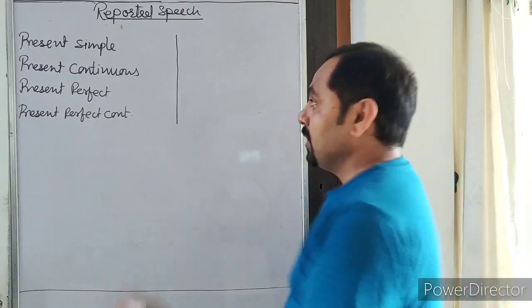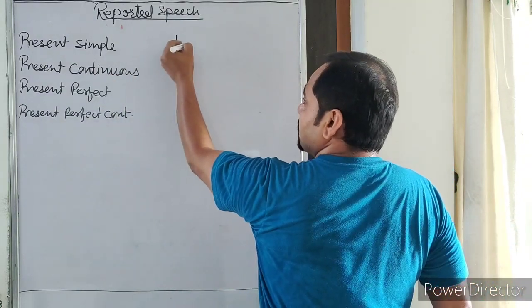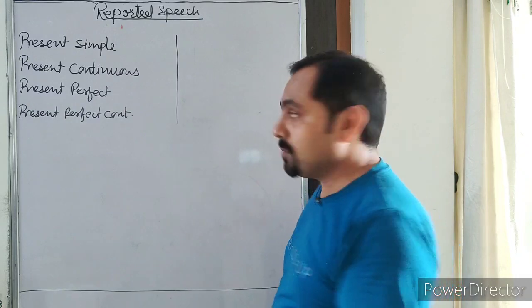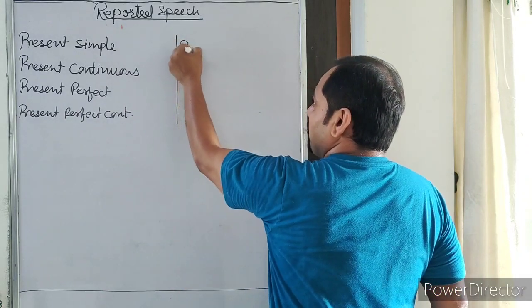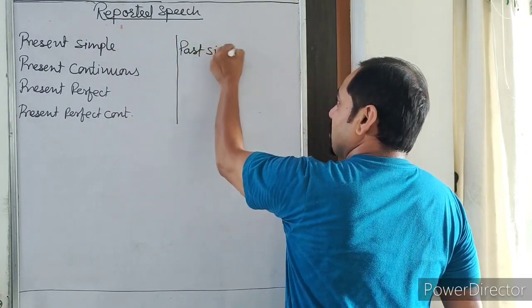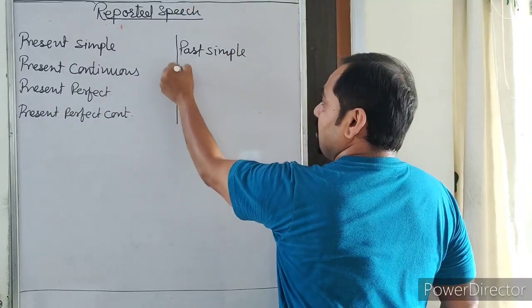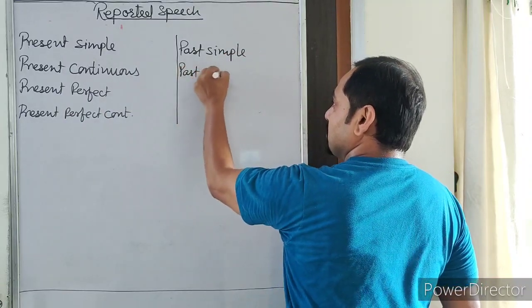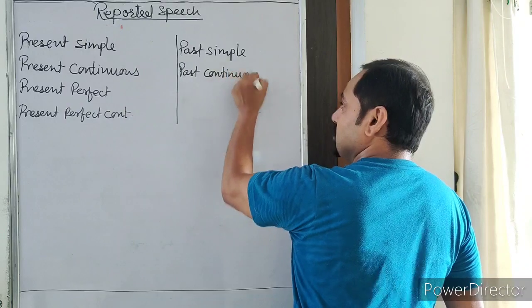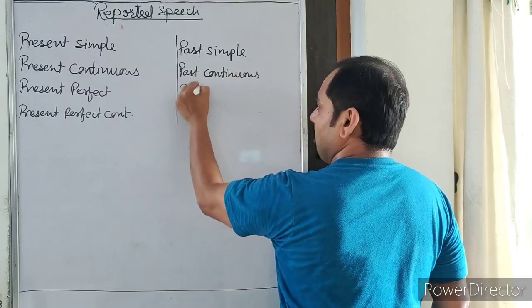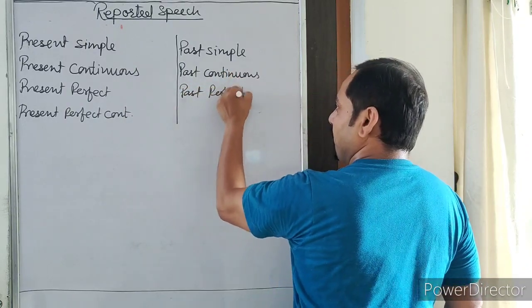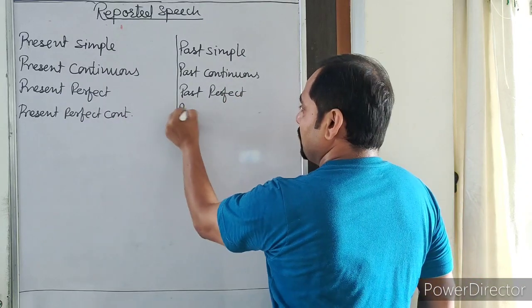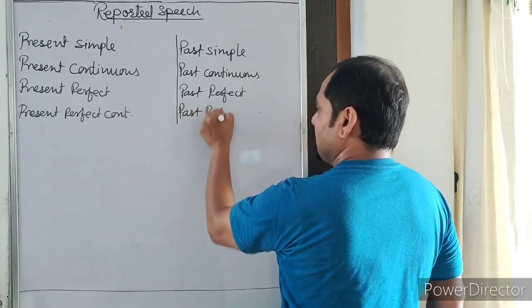See how? Present simple, meaning present indefinite I'm talking about, will become past simple, right? And if it is present continuous, it will become past continuous, and then present perfect will become past perfect, and then present perfect continuous will become past perfect